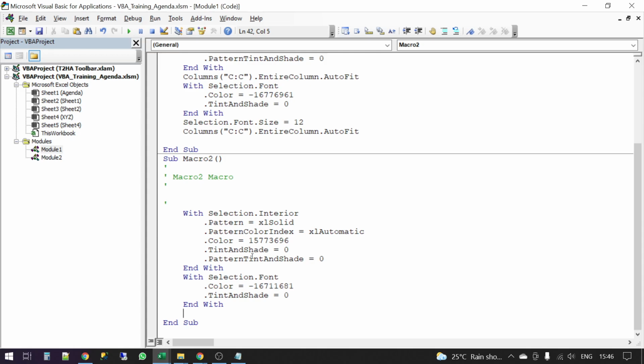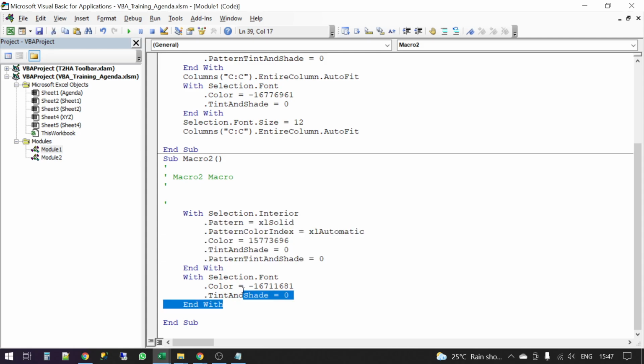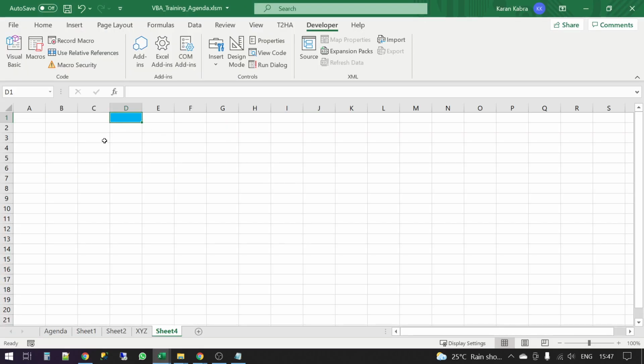As I said, whenever you record, it gives you a very, very static recording. Now, why did I record this? Because I wanted all of this stuff which I did not know about. This is basically the static part that you have to replace with your cell reference. So what I will do is give it a reference of any cell. So let's say I want to perform this activity on, say, some of these cells.